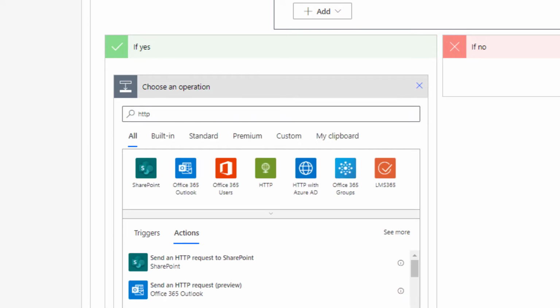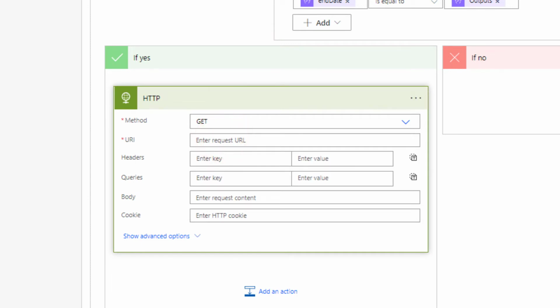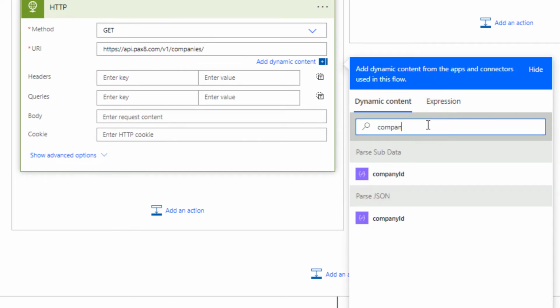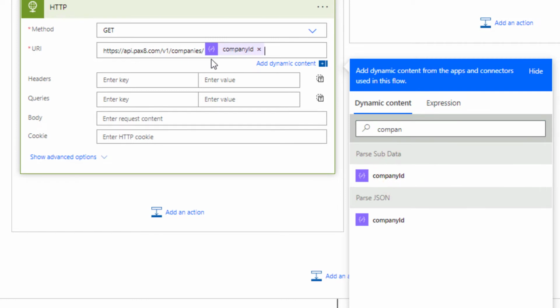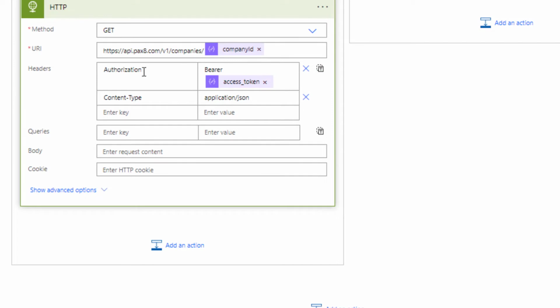I'm going to go ahead and grab a company method. So again, you can reference this from the Pax8 API documentation. Go ahead and paste in the URI, and we're going to use the output here as far as the company ID that we're getting from our sub data here as a dynamic value that we can use to search. And then recall, we're getting our access token for our authorization that's coming from above as well. And that's just a different view here, but you can see that I put it in just the same as we did with our other calls. So we'll rename this here to get company